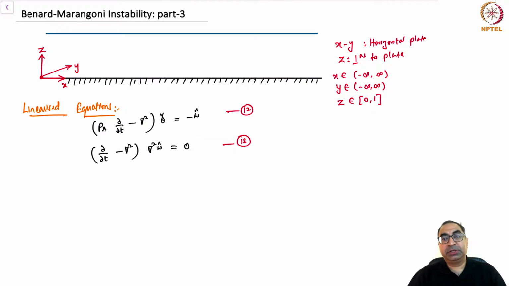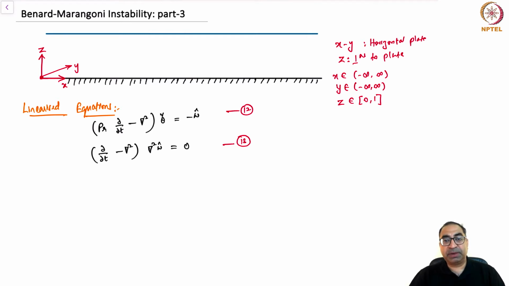We will now be continuing the discussion on the Benard-Marangoni instability that we had started in the previous lectures. Now, the linearized equations for the vertical component of the perturbation, that is W hat, and the temperature perturbation theta hat are shown as equations 12 and 13 on your screen. The domain is also shown in terms of non-dimensional variables x, y and z, where x and y are the horizontal